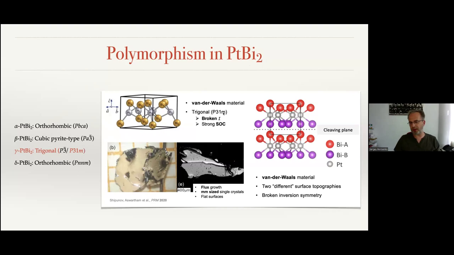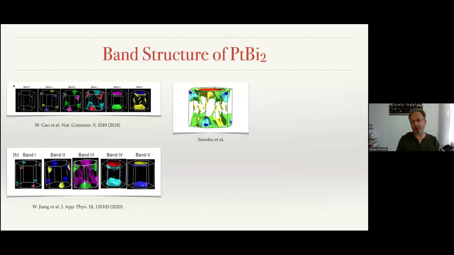This is a particular crystal structure, and interesting is that even though we studied a similar material earlier, actually the same, we didn't find everything that we found now. The band structure of platinum bismuth 2 of the trigonal modification is pretty difficult. So we have 5 bands, and according to different calculations, you can even get 6 bands crossing the Fermi level. So the Fermi surface at first glance is very complicated, but if one has a closer look,